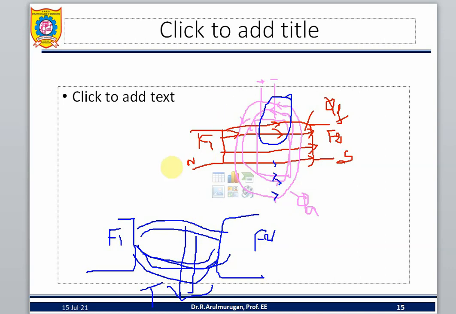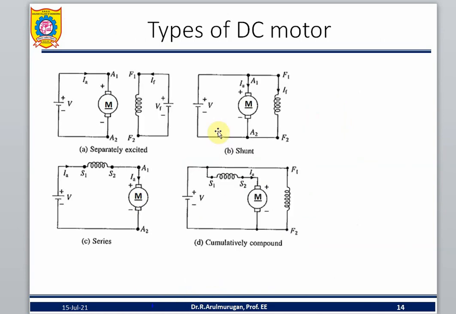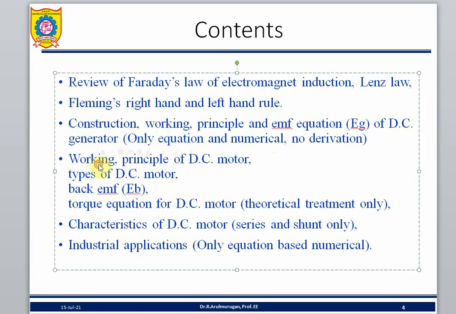So that's all about the working of the DC motor. Simply to say, give the power supply to both windings, the armature winding and field winding, producing armature flux and field flux. These two fluxes interact, and torque is produced from the weakened flux to the strengthened flux. Then the principle of the DC motor. DC power supply is applied. We discussed the common types of DC motor: separately excited motor and self-excited motor.